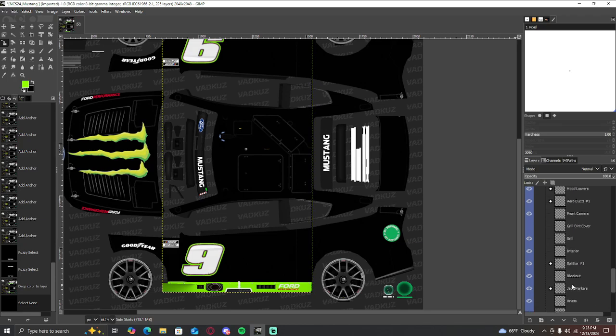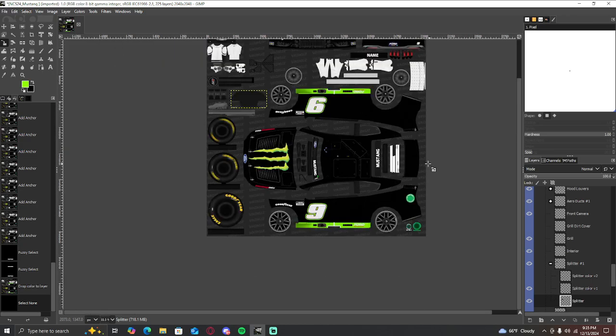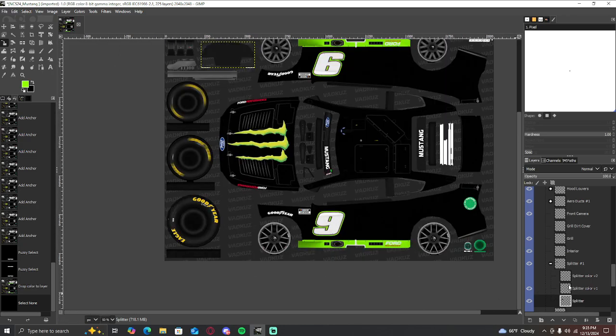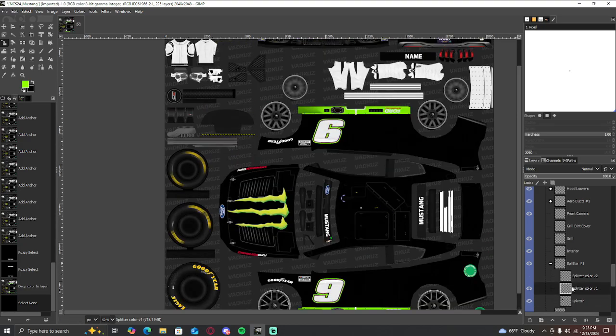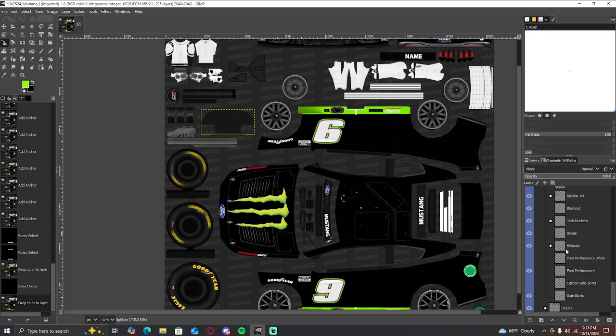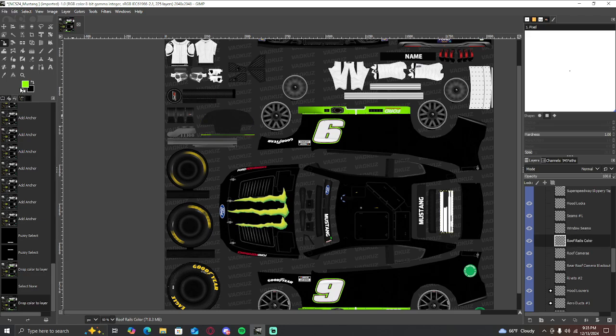Now we're going to do the same thing to the splitter right here. Let's say I want the splitter edge to be a color. Boom, just like that. Now, do the same thing with the spoiler. Well, okay, we'll do it with the roof rails